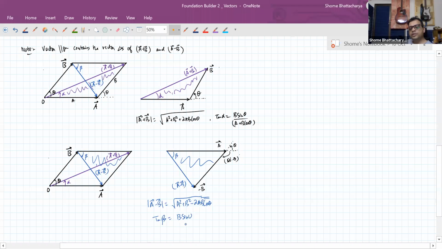Okay, so now you might be wondering that, okay, if the formula is the same as the triangle law and the triangles are contained within the parallelogram, then why are we doing this whole exercise, why are we constructing the parallelogram? The triangle law would have been enough. But the point is that the fact that we are able to see the sum and difference within the same diagram, within the same figure, means that it's going to be very easy for us to compare the two quantities.